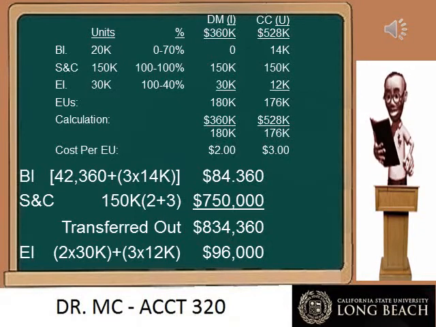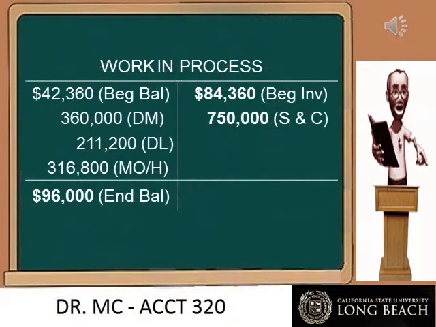This slide shows you where the numbers that we just calculated appear in the department's work in process T account. The beginning inventory had a cost from last month of $42,360. This is the beginning balance of the work in process account. This month we added the following to the work in process T account: $360,000 for direct materials, $211,200 for direct labor, and